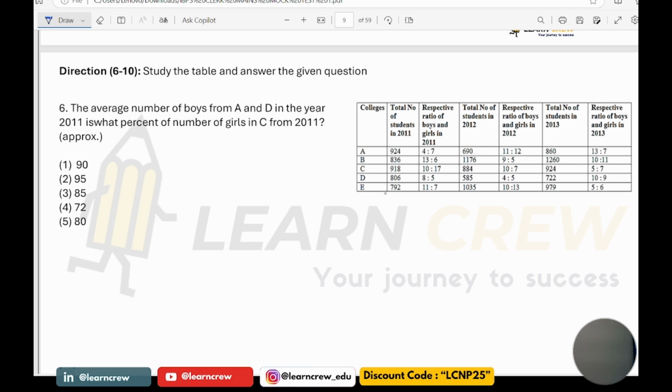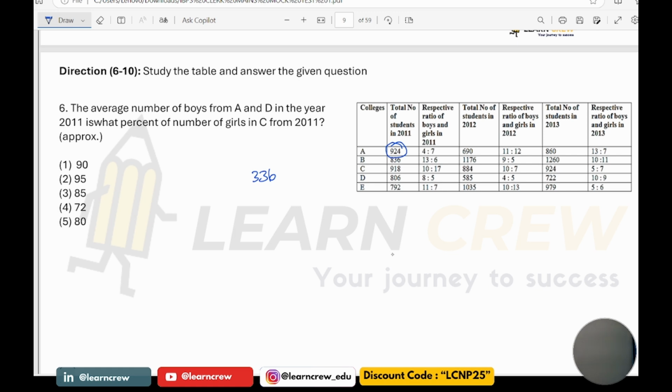If you simplify here, boys in the year 2011, total number of students is 924. Boys and girls ratio 4:7. So 11 parts is 924. Thereby, boys are 4 parts, that is 336. And boys in D